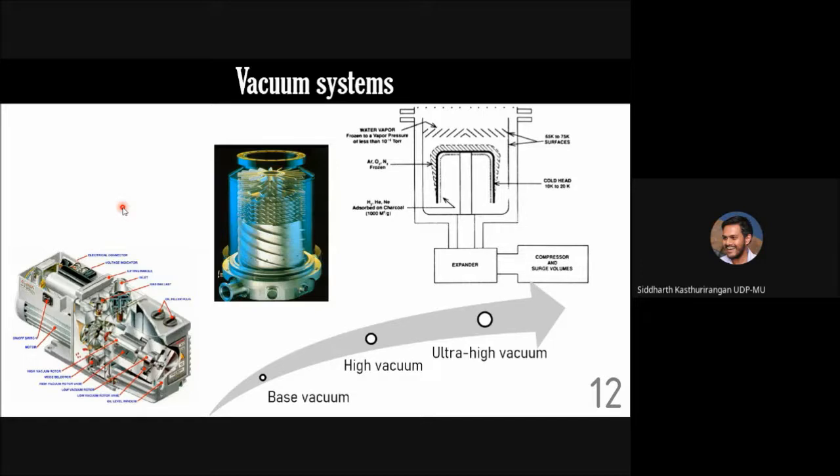The one which is depicted in the center picture is something called a turbomolecular pump. You can see it has several blades over here. Each of these blades is like a bat, which I was telling you about. So that molecule comes here, it gets hit in the downward direction and gets sucked out through this pipe. That's the basic mechanism of working for a turbomolecular pump.